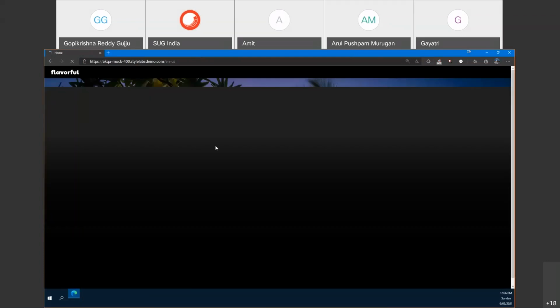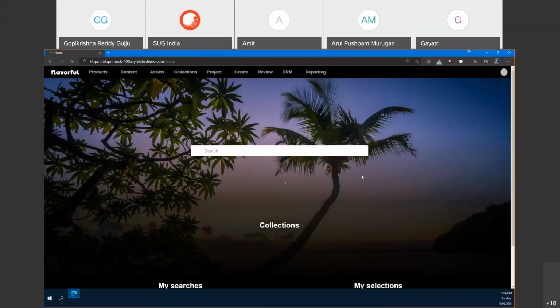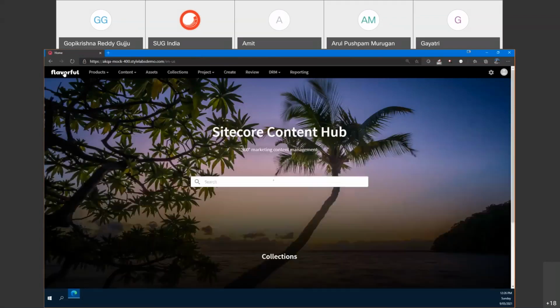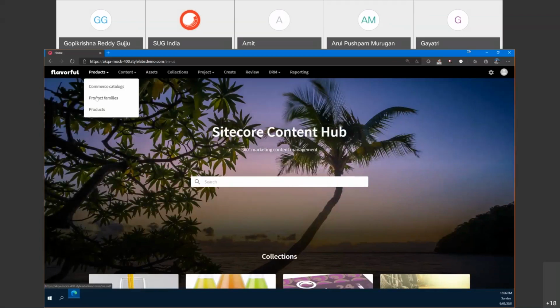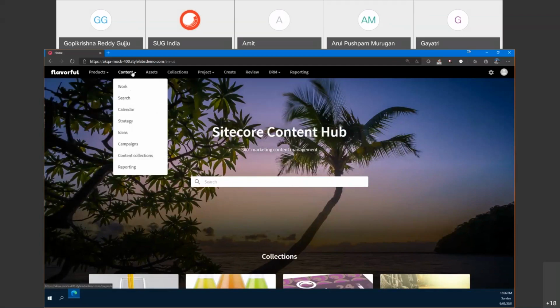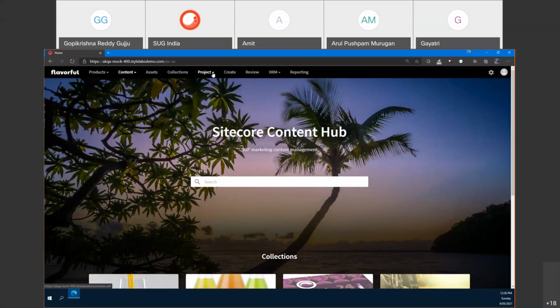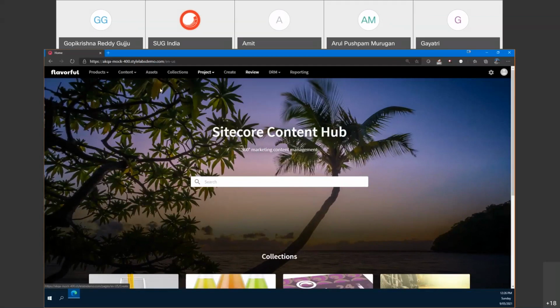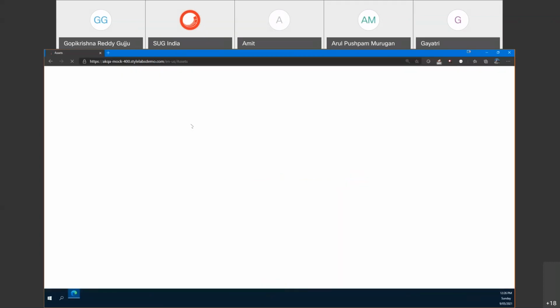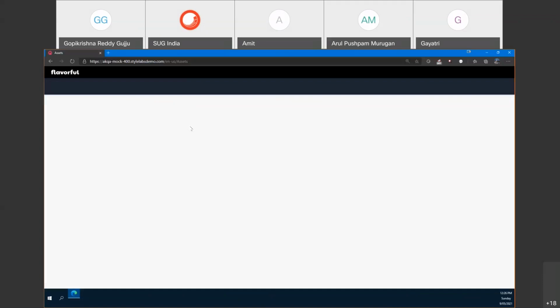We'll just browse. Everything is customizable: themes and all, even the logo, and collections. Even this background image and these names. But I'm just focusing on assets. This piece is PCM, a PCM component. This is a content marketing platform. And this project is MRM, with all these schedules. But let's focus on assets, create and review. Let's go to assets. These are already predefined pages. We would customize them whichever way we want.